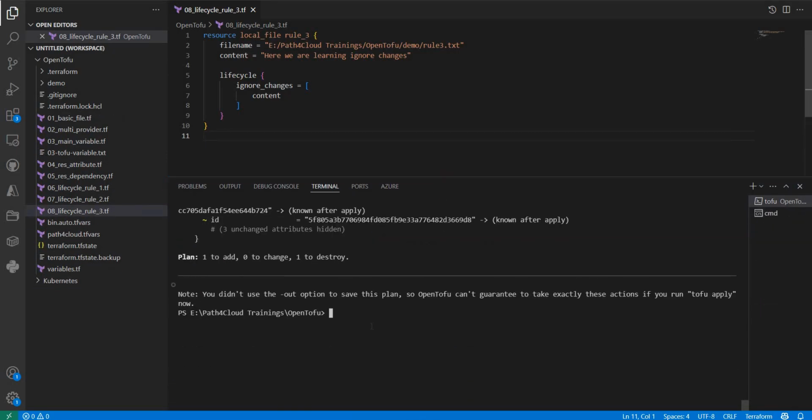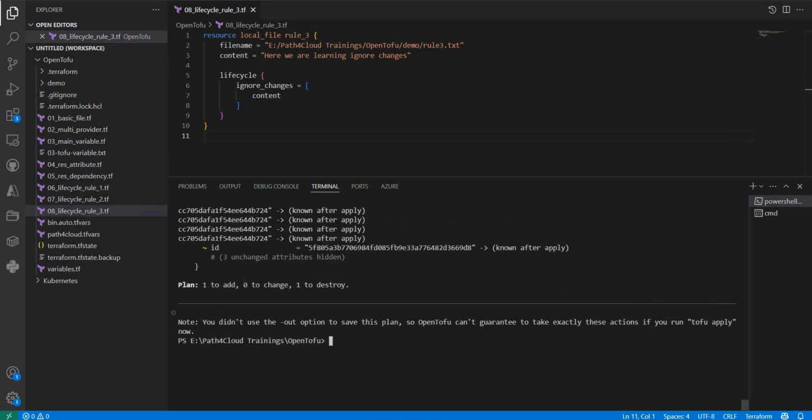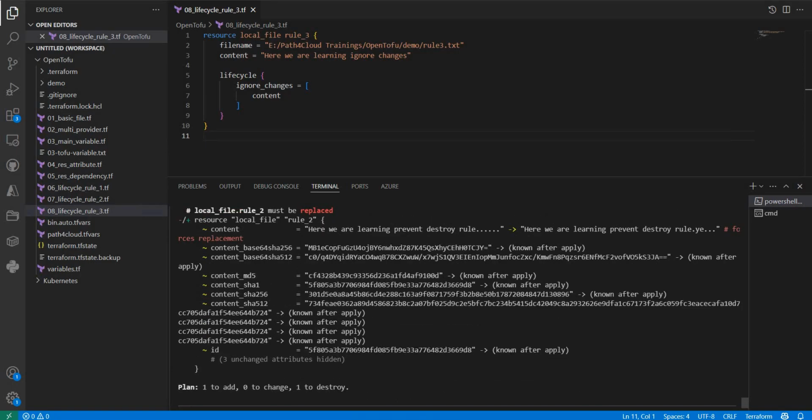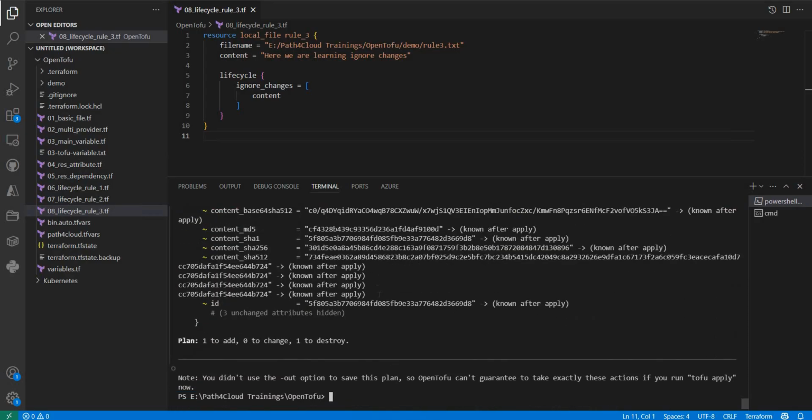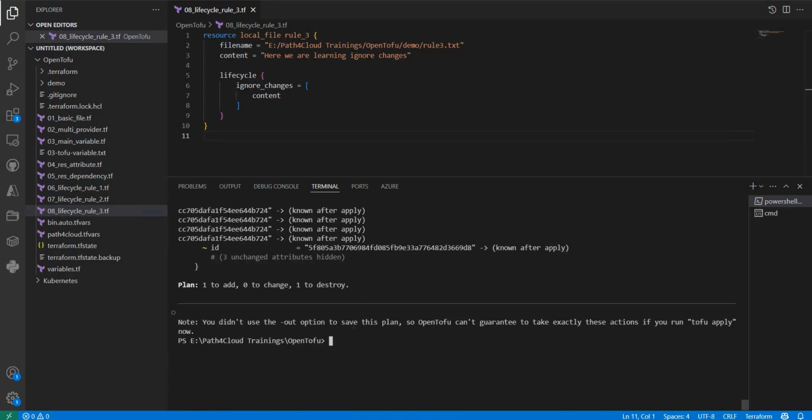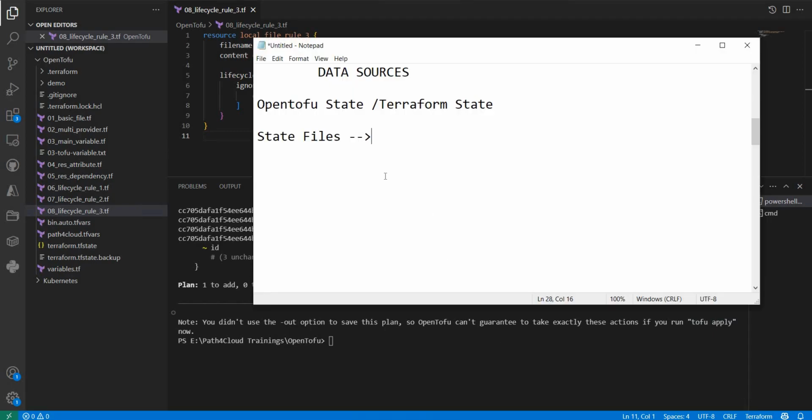So here you can see what it has done. It reads all the configuration files and says that it has detected changes: one to add and one to destroy. But it did not implement it in real time. It just gives us the plan. If you want to do it, then it says to run tofu apply. So what exactly is